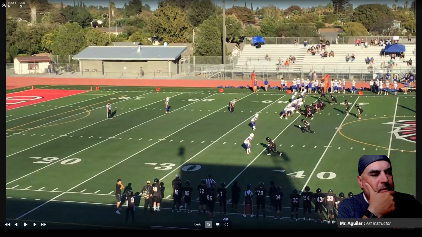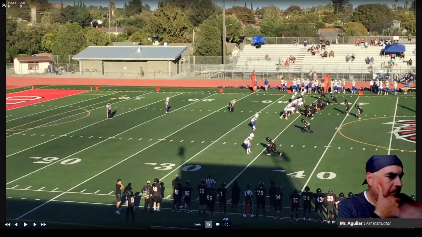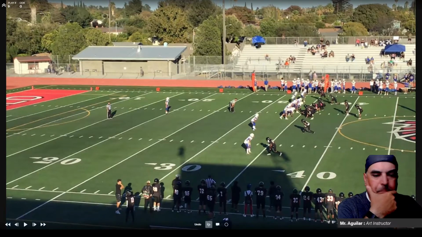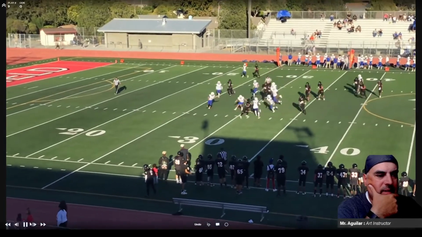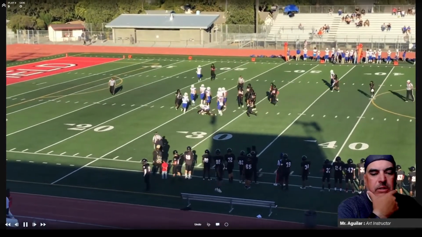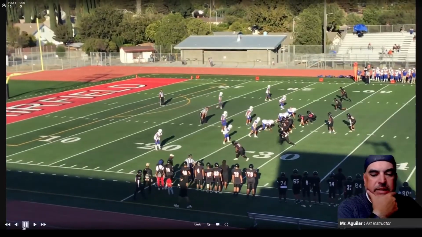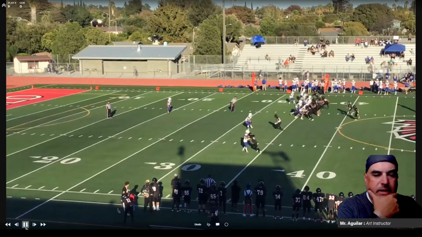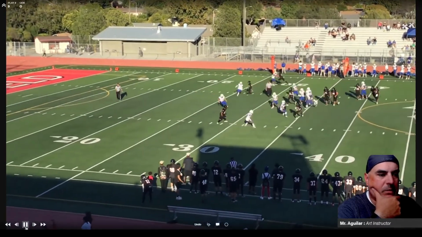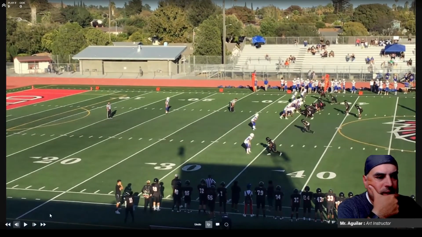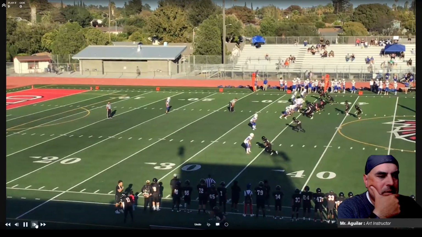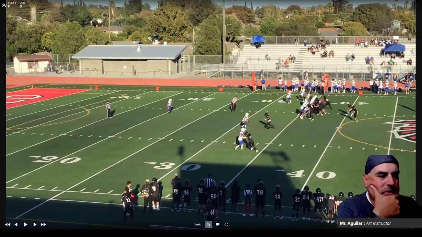So here's the other thing they're doing. They go dubs bunch to the boundary. Pretty standard. They're probably going to attack the wide side. Yeah, and they just do it with the toss. That's the second time they've tossed it. So it looks like they're trying to use their speed to get to the outside. So that's one thing we have to be aware of, and that's why we have to get there and attack. And they brought everyone up. So this is the downfall of blitzing. When you bring everyone up, you have no one for outside.